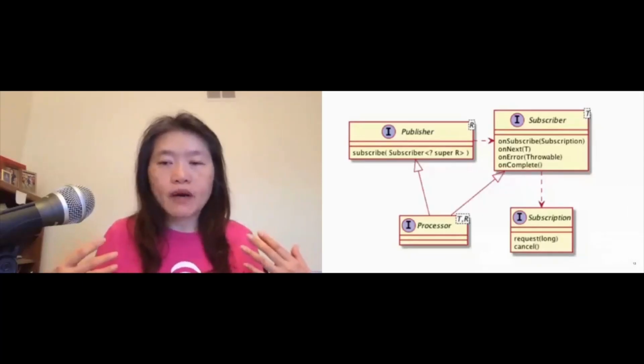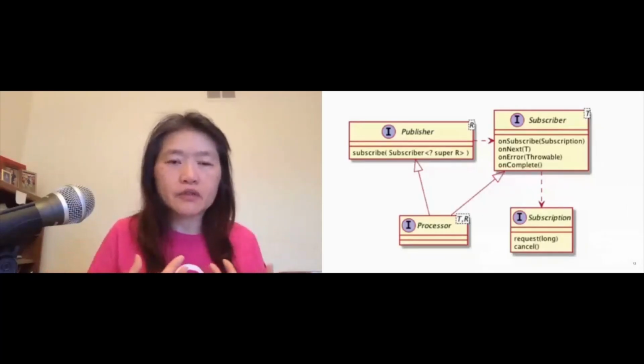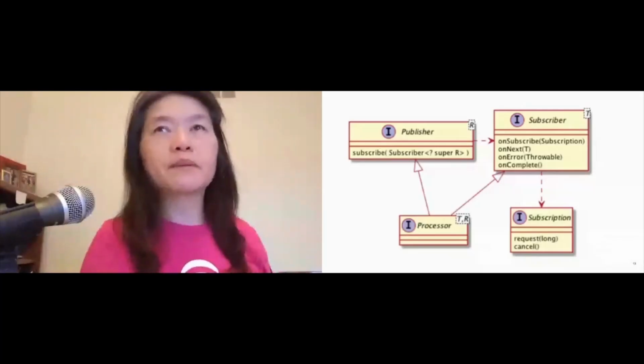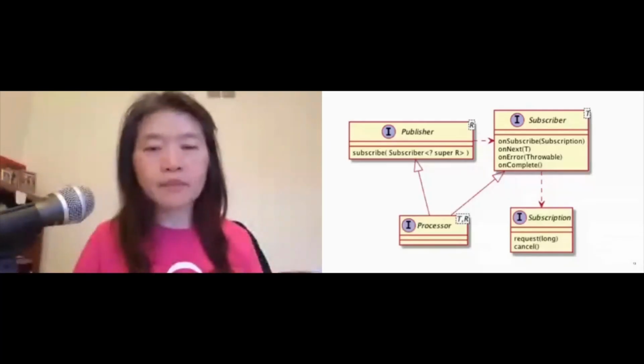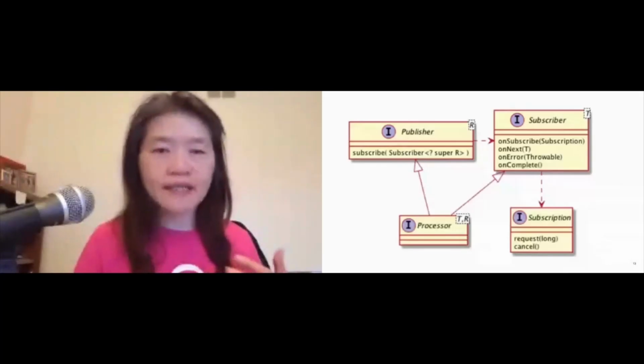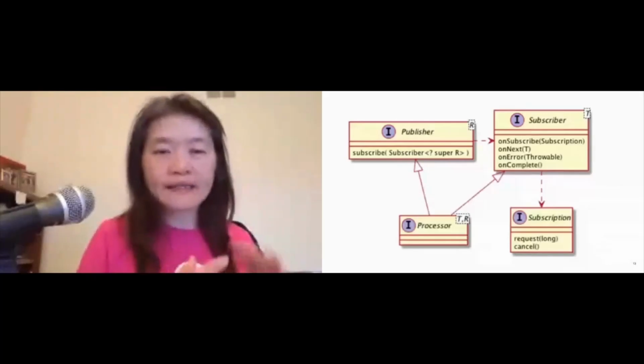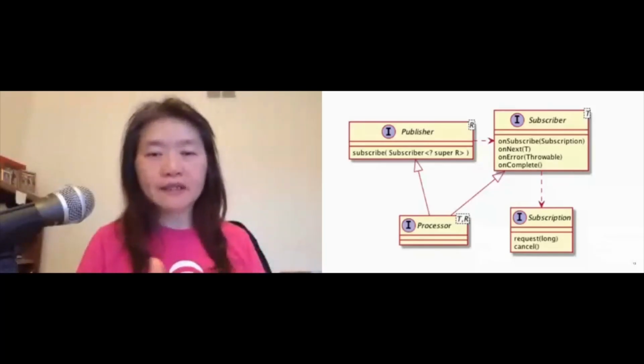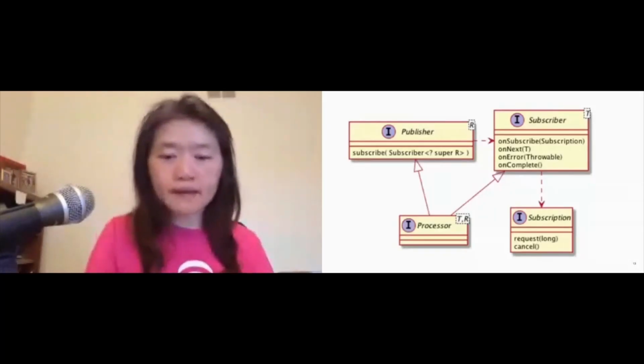If we're writing applications, very often we don't implement reactive streams ourselves, because if you implement it yourself, it gets quite complicated. Even though you think, oh, only 4 interfaces, you actually have to handle the back pressure, and that's usually where the bottleneck and difficulty is, in this kind of asynchronous event-driven back pressure scenario. So you want to rely on libraries that support reactive streams. And these are the 4: publisher, subscriber, processor, and subscription.